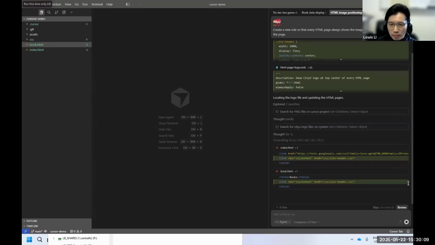Basically, in this section I just want to introduce you to different features of the cursor. You can try it later on, following my PowerPoint. You may not know exactly how detailed the steps are, but at least after this session you know cursor has this kind of feature, and you can work with it and apply it to your work. This is very important. Now cursor is creating the rule, which takes some time, so we wait for it.